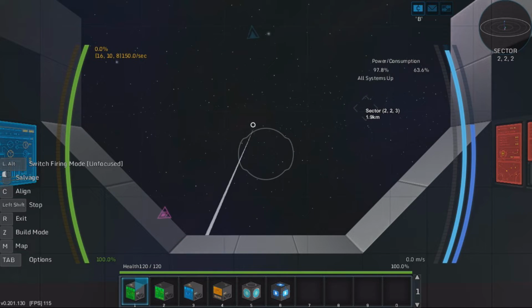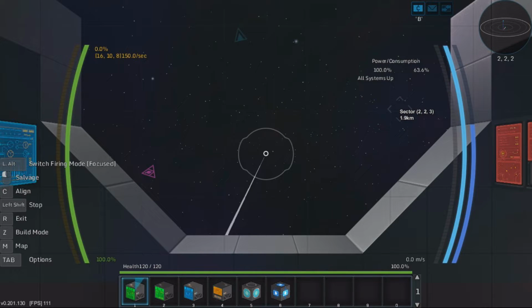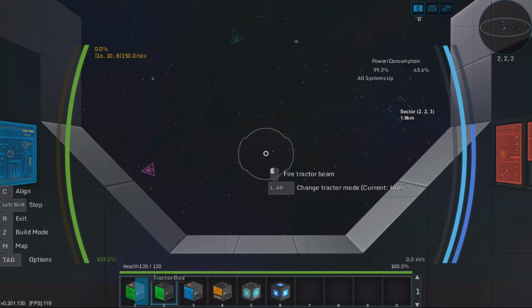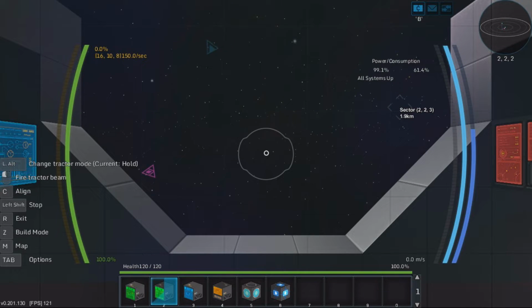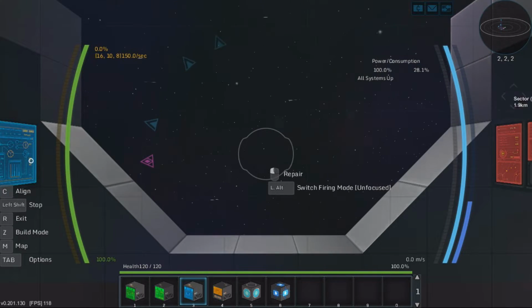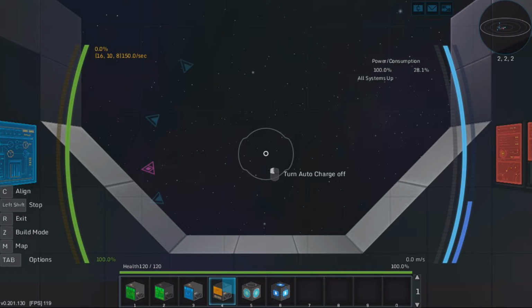So salvager, and on left alternative you can switch firing modes, unfocused or focused. Tractor beam, you right click, you can change hold, and left alternative, pull, push, hold, so you can basically bring things with you. Here we have the repair beam, and then we have the scanner,